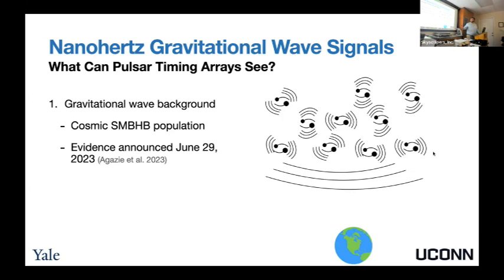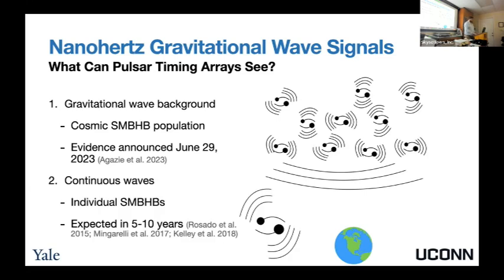Right, that's our gravitational wave background. That's just one of the signals we expect to see. This comes from our cosmic population of supermassive black hole binaries that I'm showing here, where we're getting gravitational waves from all of these supermassive black hole binaries at once. And it just comes at us combined, and we're not really seeing individual supermassive black hole binaries. We're just hearing the entire population.